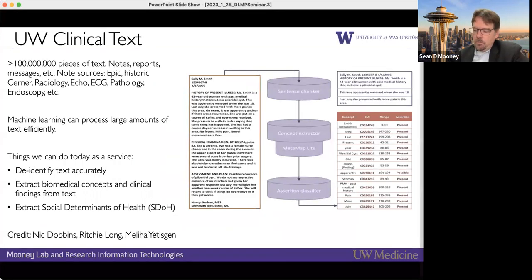At UW Medicine, Leaf is very good at structured data, that is, data that fits into a relational database. But we have well over 100 million pieces of text. I actually think it's probably more like 200 million or more. These are clinical reports, like radiology reports. They are clinical narrative text, like outpatient notes and discharge notes, and maybe secure messaging